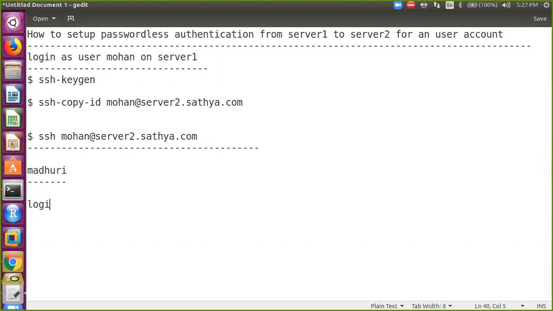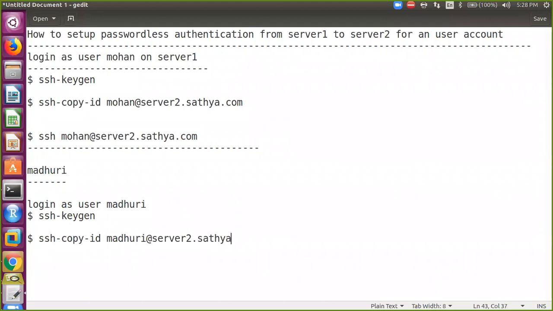Then I need to log in as user Madhuri, and then I need to perform only 2 commands, ssh-keygen and ssh-copy-id to user Madhuri on server 2 at satya.com. Yes, Madhuri.